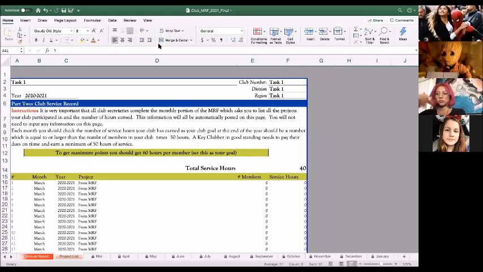Last month was technically the beginning of the new term, and because of the situation, my secretary from last term did the March MRF.